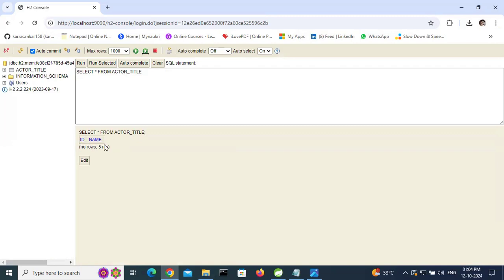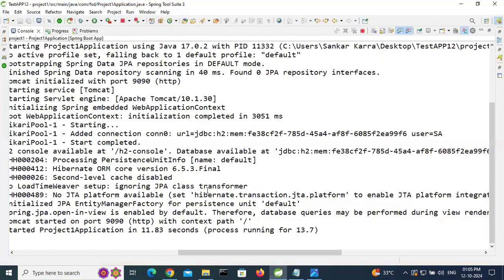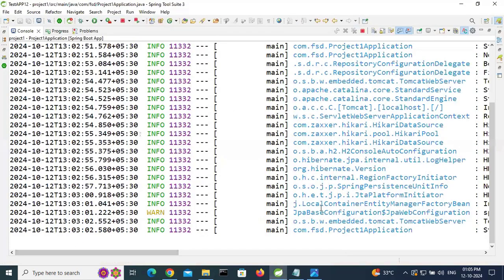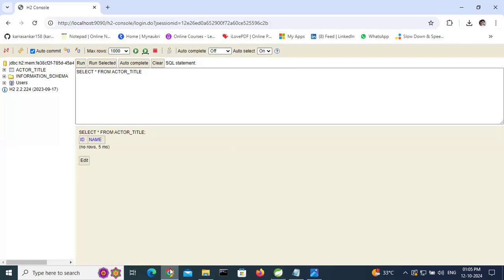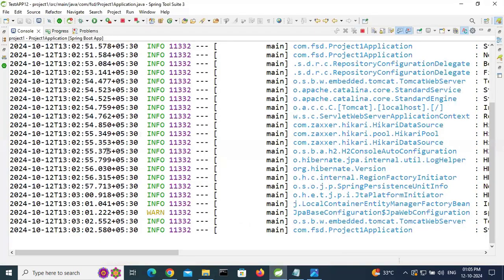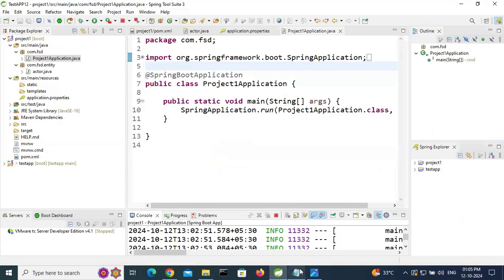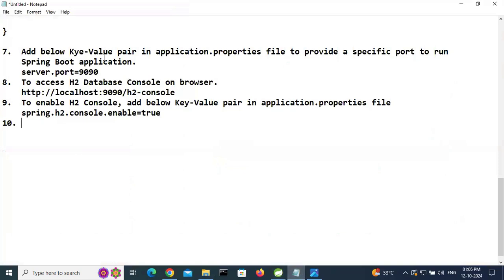How to insert some records in this actor table? Before that, I want to see how this table is created. I want to see that query printed. For that, add another point. 7 point is completed, 8 completed, 9 completed, 10 point. Here I want to see